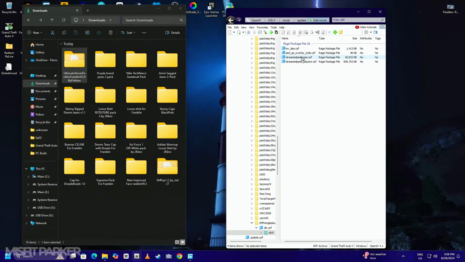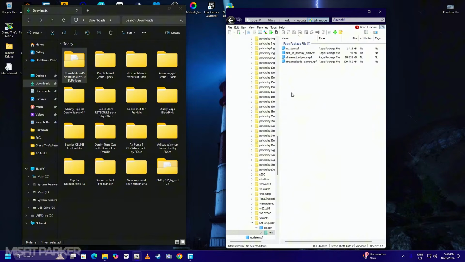It's basically stuff for the head. And then stream paid players is if you want to do accessories, body stuff, everything that has to do with bodies. That's where it goes. Now if you want to add tattoos and all that, this is where the SP overlay textures come in. I don't know what this does, I've never used this,